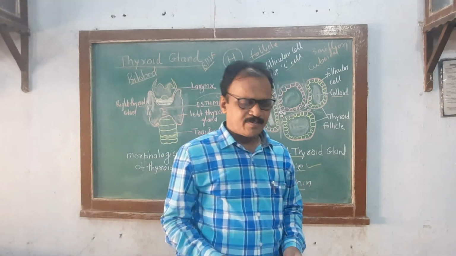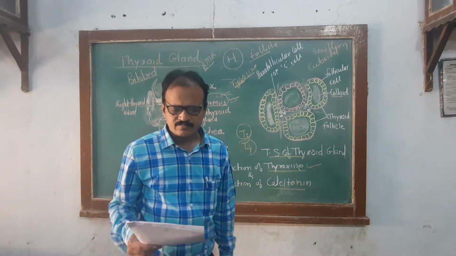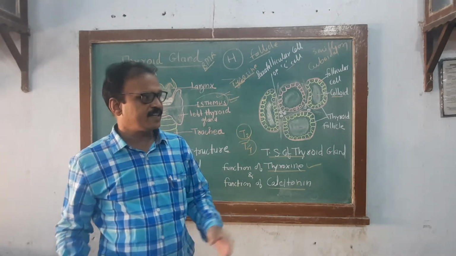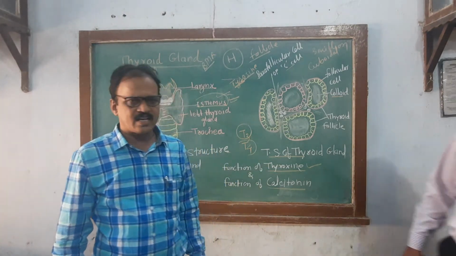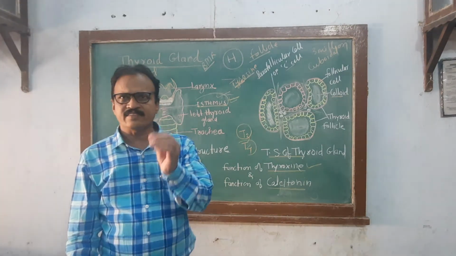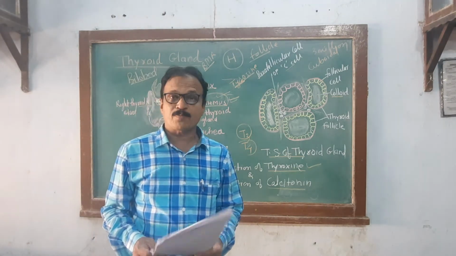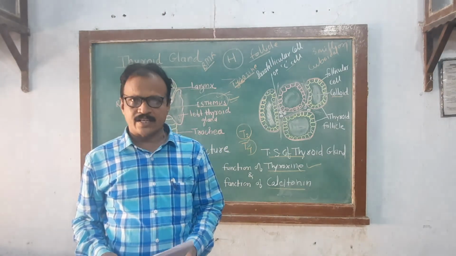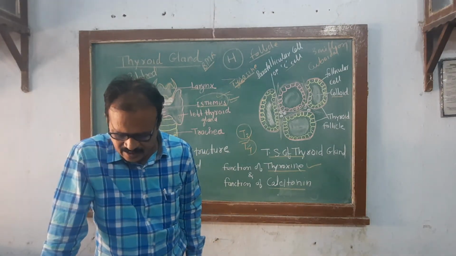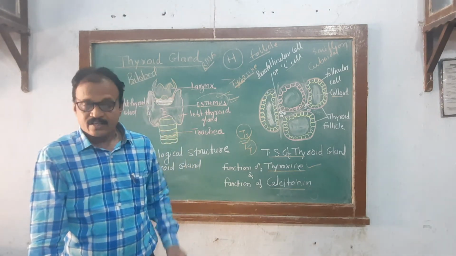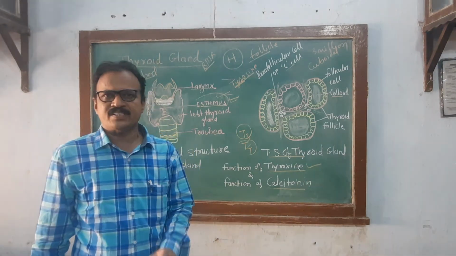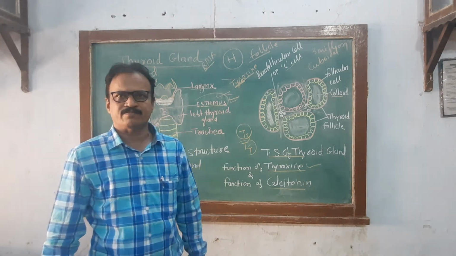Again, please see. It maintains the basal metabolic rate. It controls protein synthesis. It helps in thermoregulation. It increases the action of neurotransmitters, that is adrenaline and noradrenaline. It helps in RBC production. It maintains water and electrolyte balance. It regulates the reproductive cycle. It controls mental growth, physical growth, respiration rate, heart rate, breathing rate, blood pressure, temperature and digestion. Remaining parts next time.